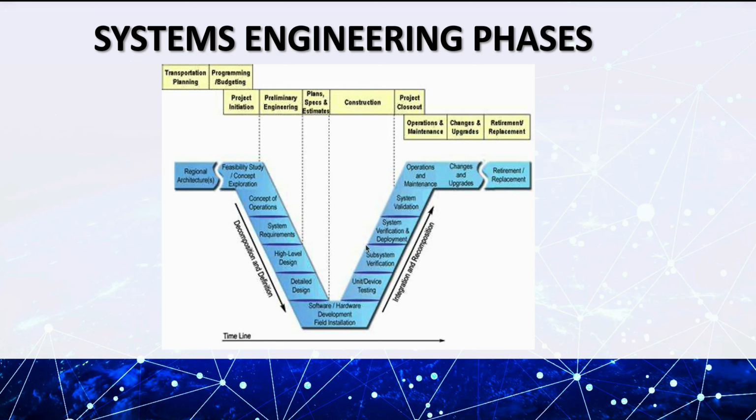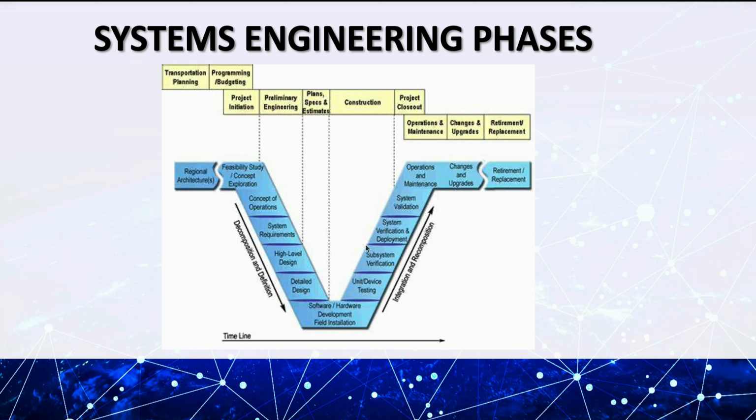So now let's talk about system engineering phases and get a bit more technical. As you can see in this slide, this is a V model, which is a common graphical representation of the system engineering life cycle. The system engineering life cycle is valid for any systems engineering project. But for this, we'll be talking about the Starlink approach.